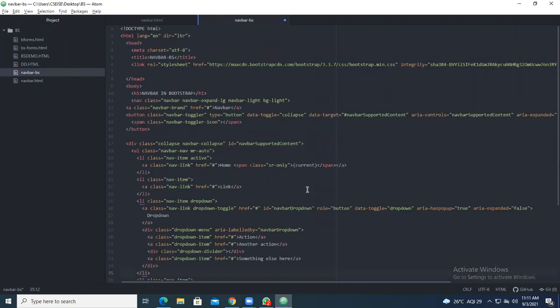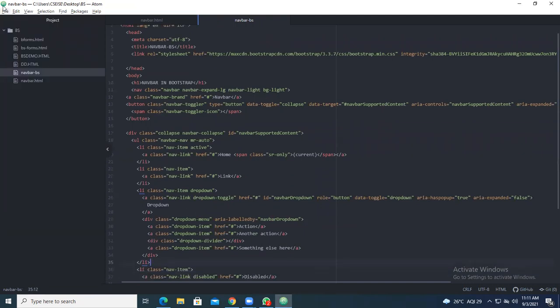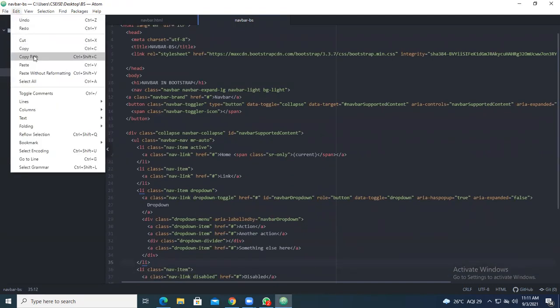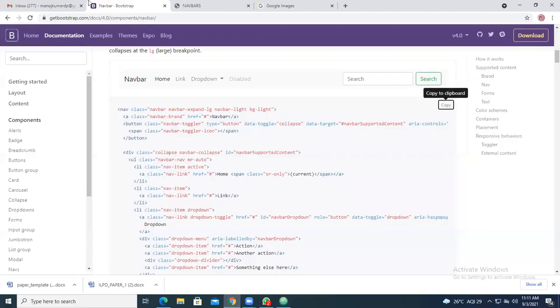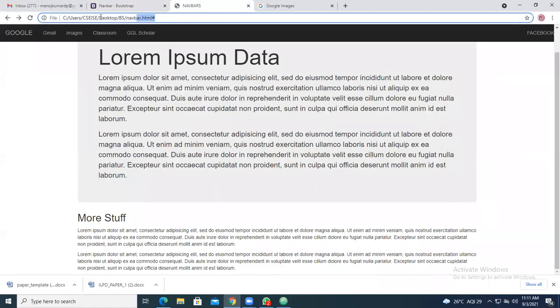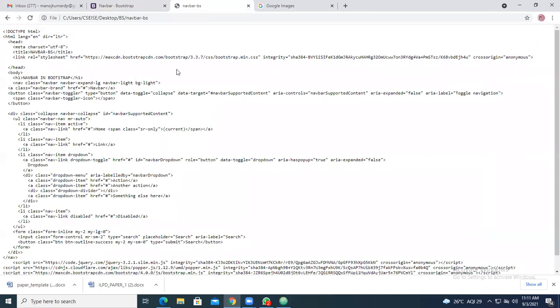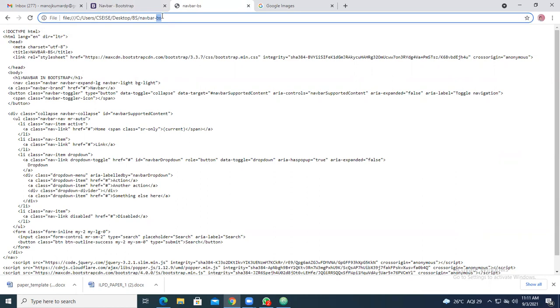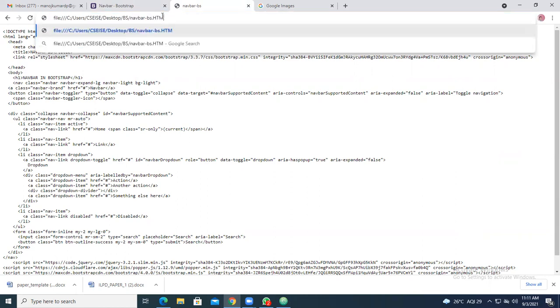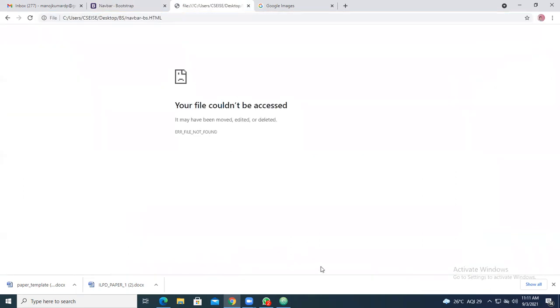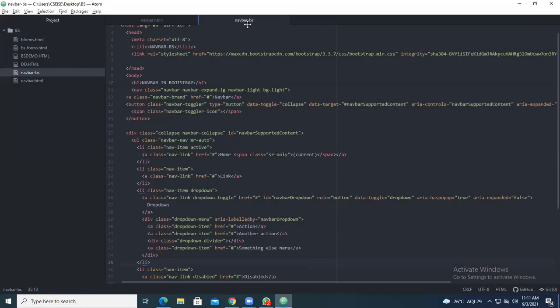There are so many things we are going to see. Go with file, save, edit, copy path. Now you see the contents in your browser. Sorry, there is a small change.